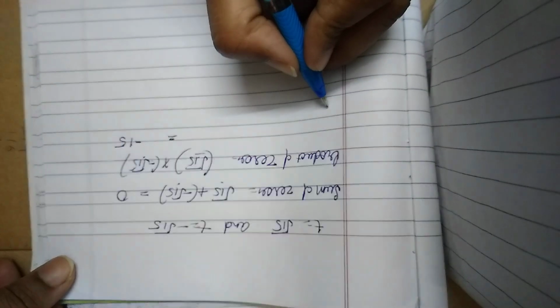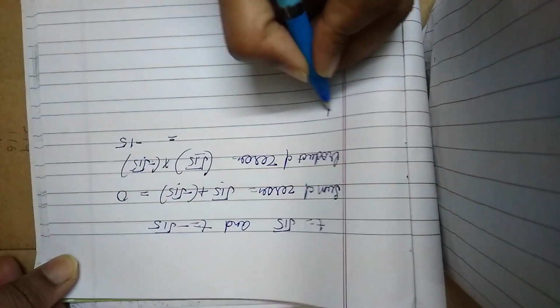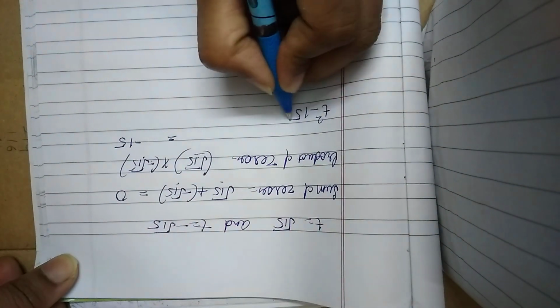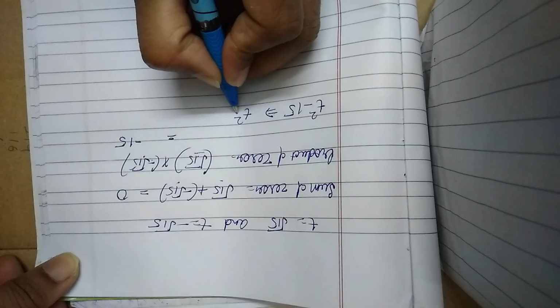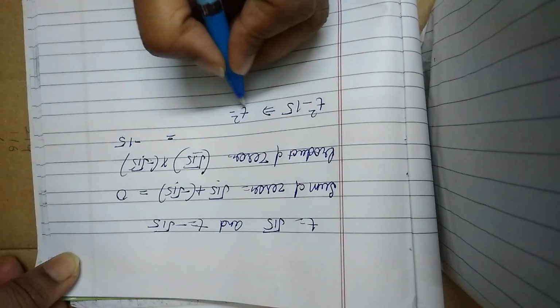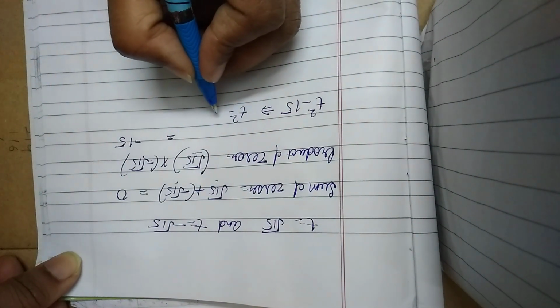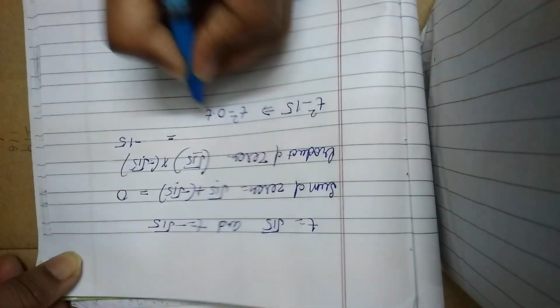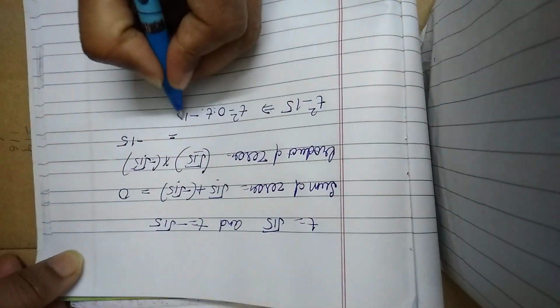Now with the help of coefficients, we find the sum of zeros and product of zeros. We have the polynomial t square minus 15. It can be written as t square, here the variable t is not present, so we can write 0 into t, because 0 multiplied by t becomes 0, then minus 15.